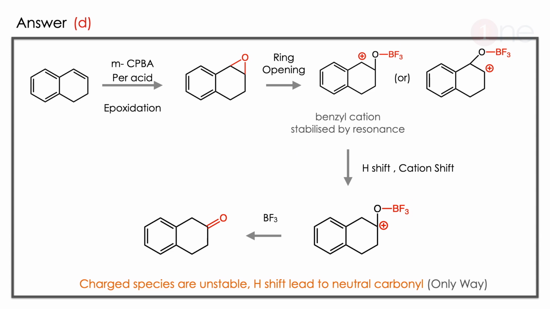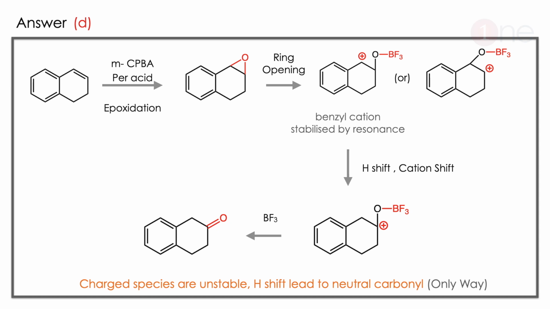The answer is D, let us see why. Here the starting material is the alkene attached with a benzene ring. So if you use the peracid, epoxidation will happen. So the epoxidation occurs, then the epoxide ring has to be opened, right? There are 2 possibilities of ring opening: one is near to the benzyl one or away from the benzyl one. But near the benzyl, the benzyl cation is stable because it's stabilized by resonance. So the breaking occurs near the benzyl position, and the benzyl cation is formed.